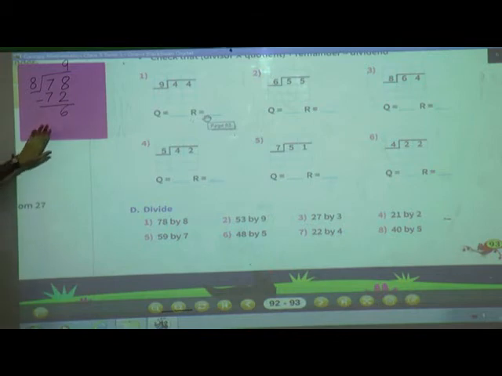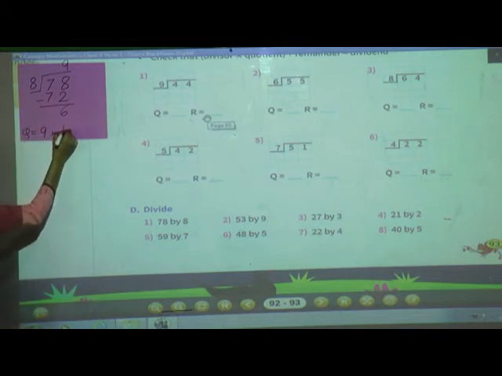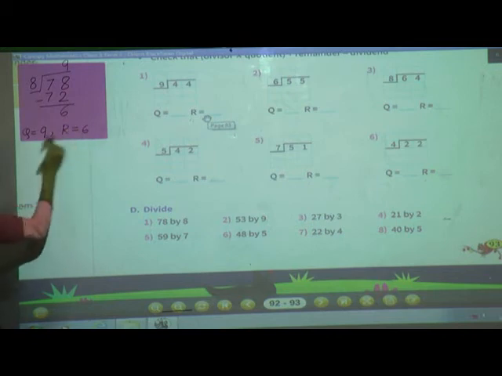Clear? Okay. See the first example, what answer we got? Here quotient is 9 and remainder is 6. So here we will write Q is equal to 9, comma, and R is equal to 6. Means quotient is 9 and remainder is 6. Okay. Then